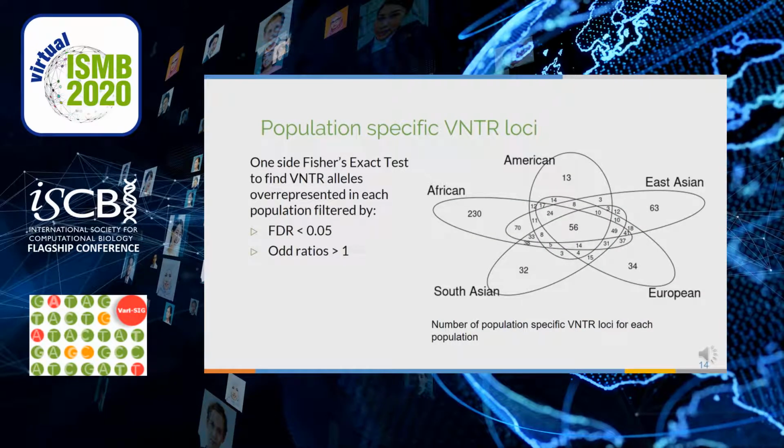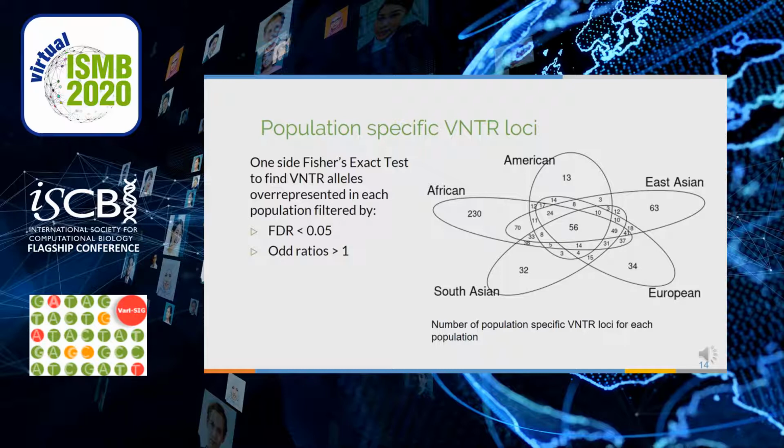So seeing that I can separate all these populations using these different alleles, I was wondering if I can find VNTR alleles that are population specific. So I did a Fisher's exact test to find VNTR alleles that are overrepresented in each population. And here I'm showing you a Venn diagram of the number of VNTR loci that have an allele specific to